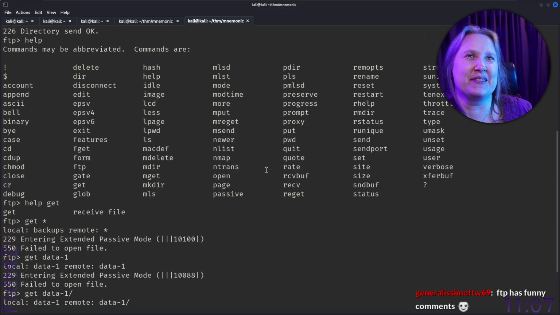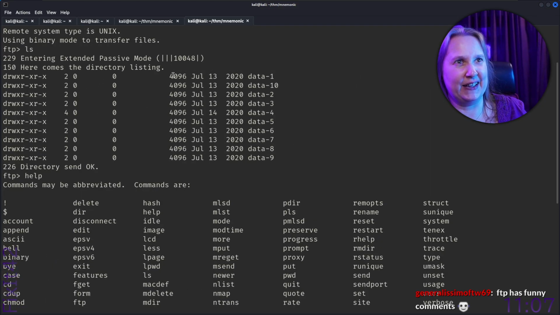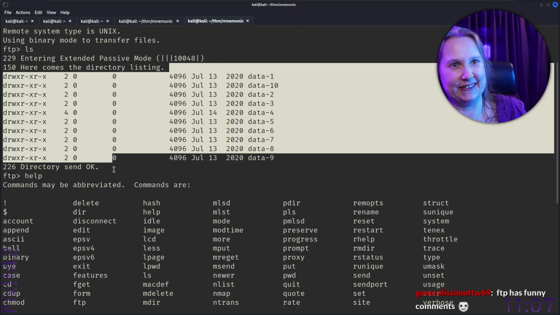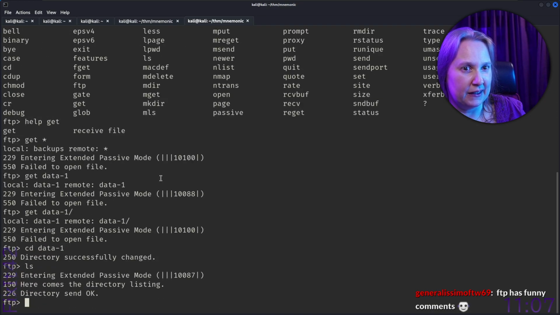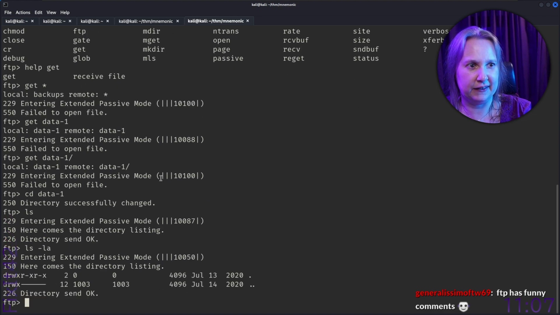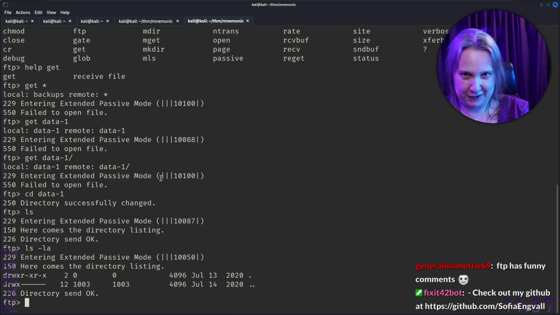Yeah. So if we compare this, we have the here comes the directory listing and directory listing. Okay, so apparently the directory was empty, but I do think there could be. What if you do ls -la? Can it handle that? Yeah, so that feels more safe, that we didn't actually miss anything.